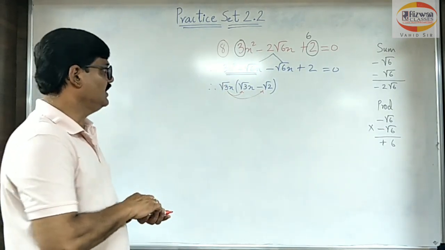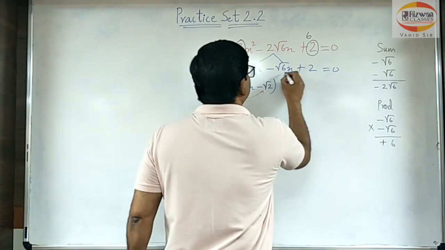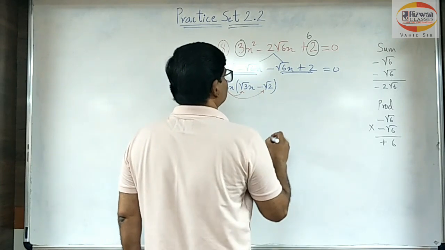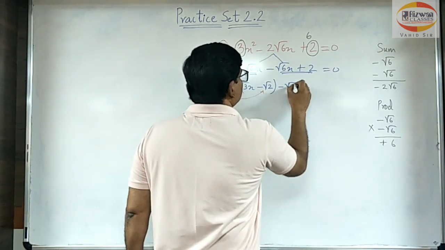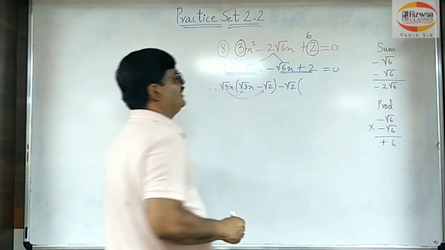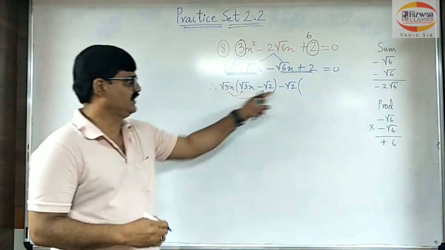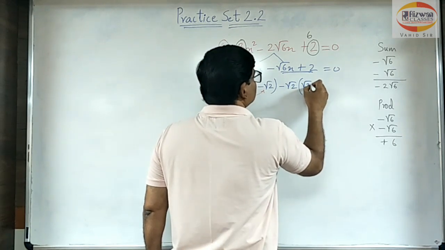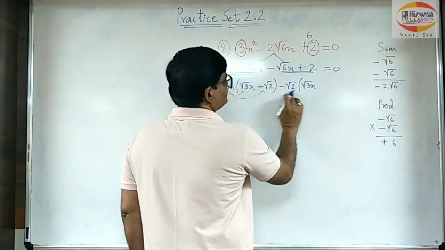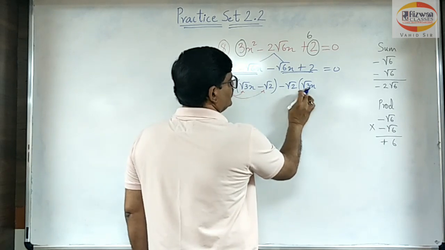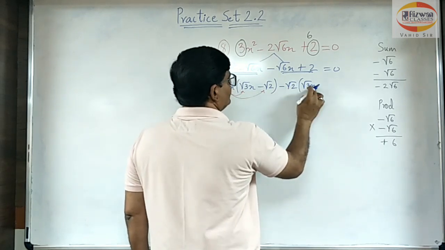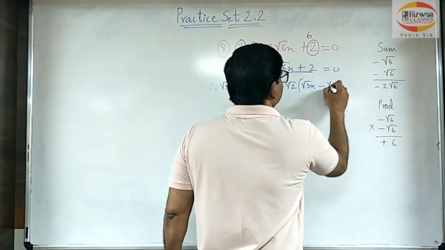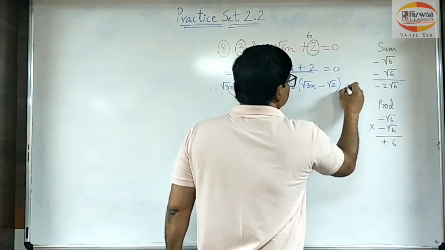Is that correct? Now what is common from here? Again I have to remove what is common, and that is minus root 2. You may be thinking why I removed minus root 2: because I want the same bracket coming up. Suppose here root 6 is there, so I will be writing over here root 3x. If I multiply root 2 into root 3, that is root 6, and you will be getting x. And here minus, and here I am writing 2, and this is equal to 0.